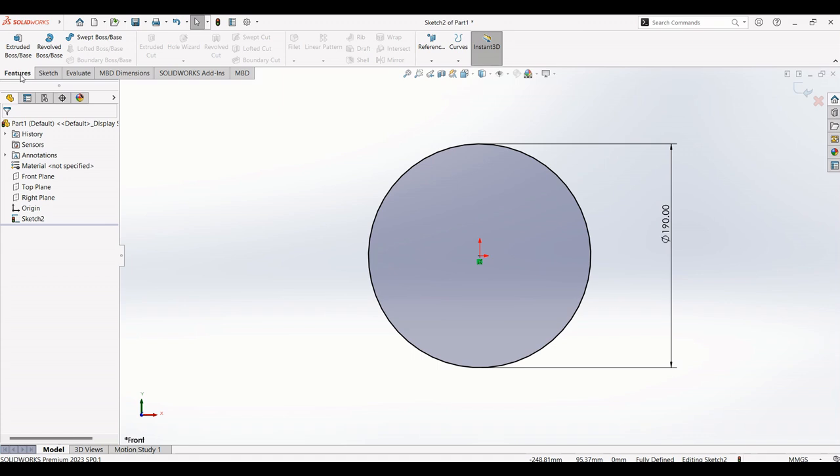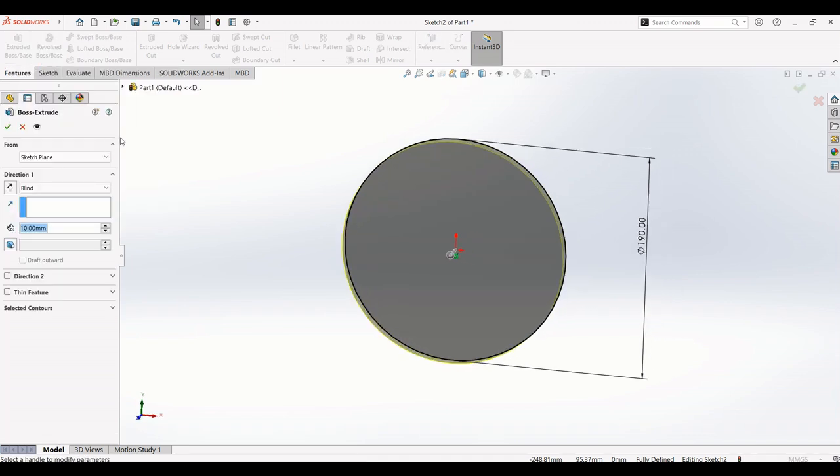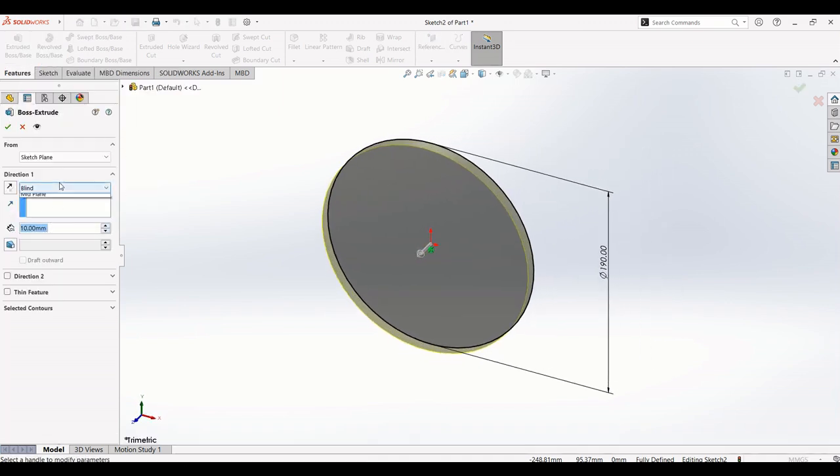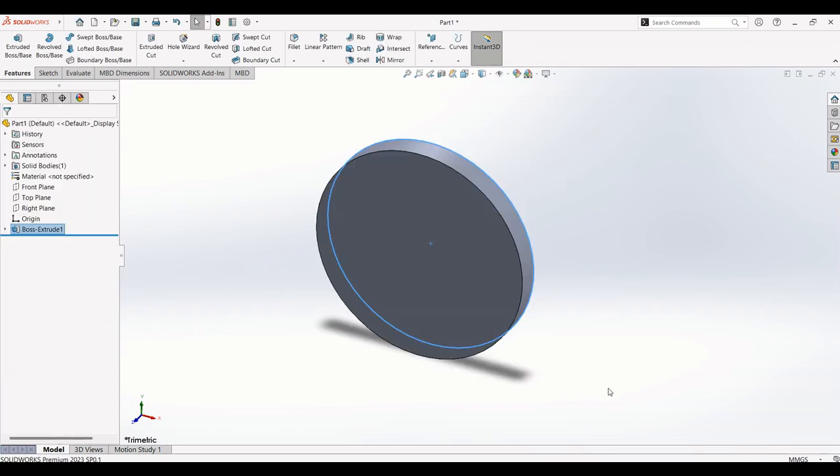Go to the features. We have to extrude it for 20 mm. So keep the option blind. Then enter 20 in distance, click OK. So now extruded for 20 mm, and then next